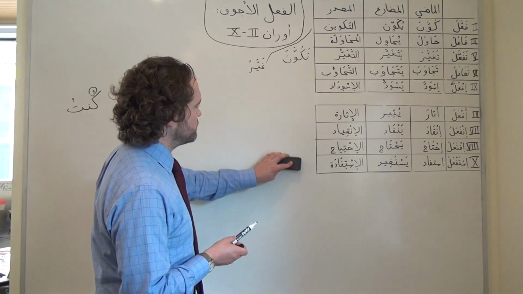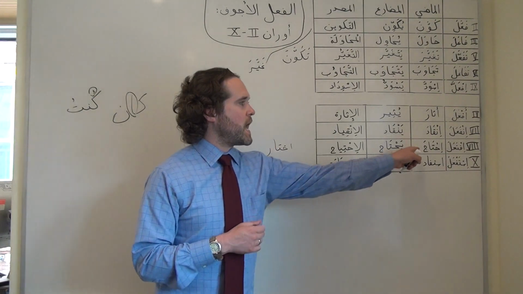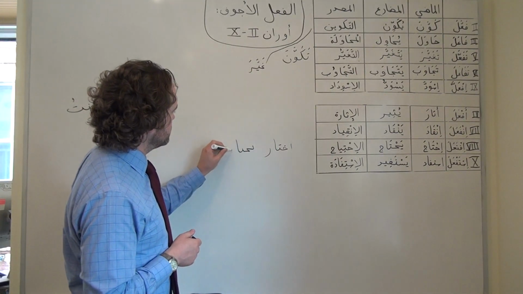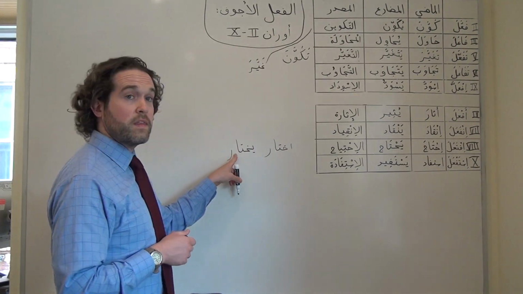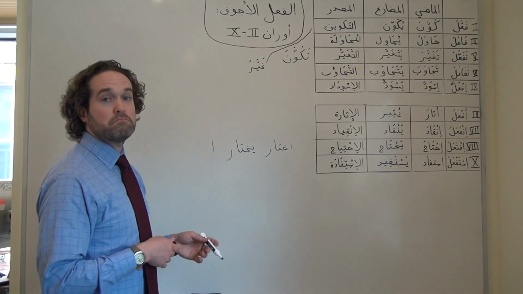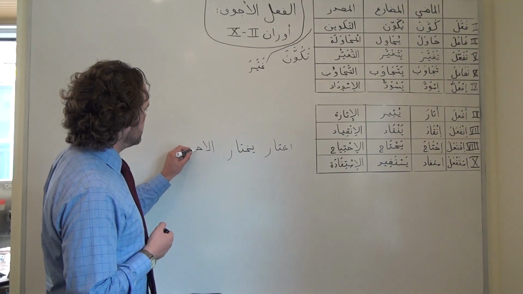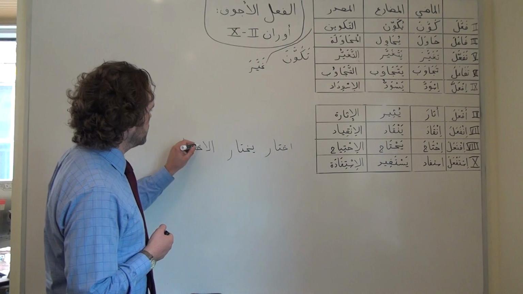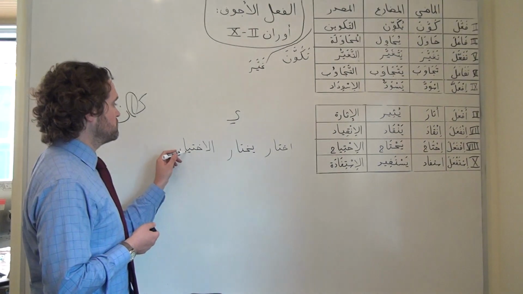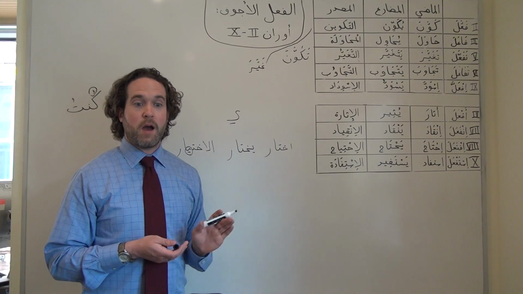masdar. So the past tense for huwa would be ikhtara, just like ihtaja. We retain that alif, and in the present tense it would also be yakhtar with an alif, same deal. And then finally, if we were talking about choosing, ikhtara, yakhtara means to choose, I guess I didn't mention that yet, we would have al-ikhtiyar, where once again, that ya of the judr becomes its true form once more, just by dint of circumstance, just because that's the pattern.